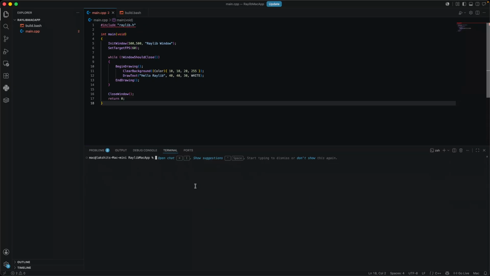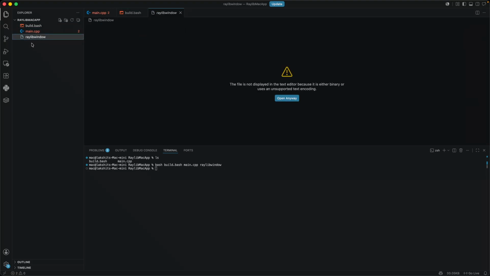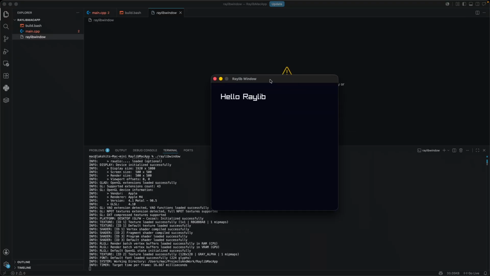The first argument in our bash file is the name of the file which we want to compile, which is main.cpp. And the second is the output file name. So for now, I'll output Raylib window and hit enter. So you see a binary file named Raylib window appears in the folder. So let's run this. Yeah, that's a program that opens a normal Raylib window, and we are going to convert this program into